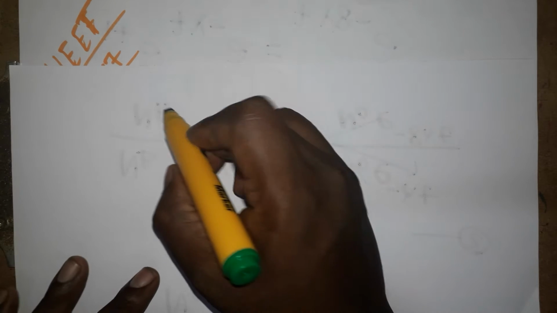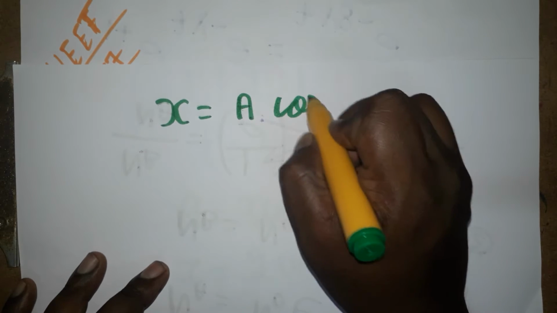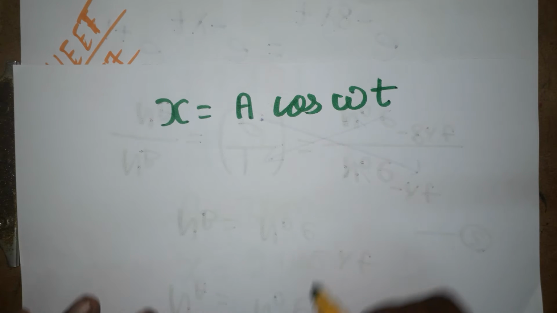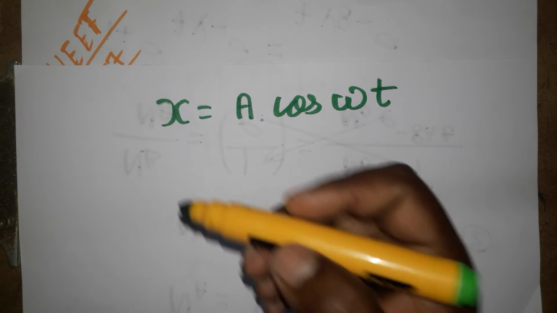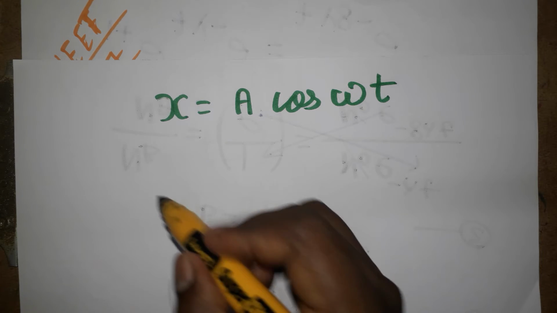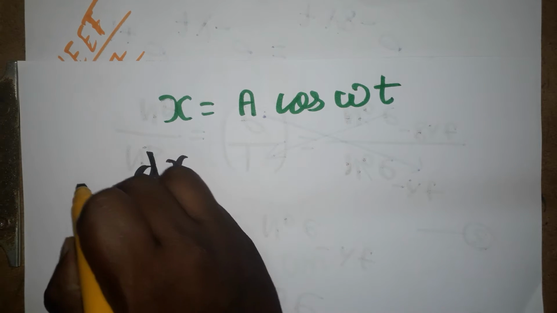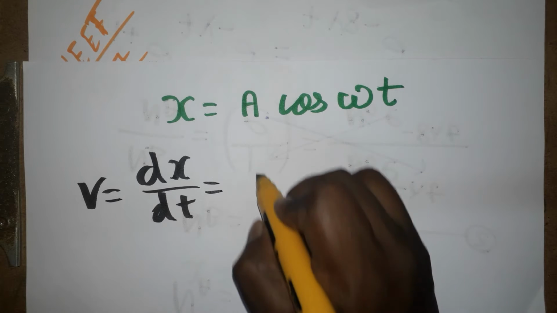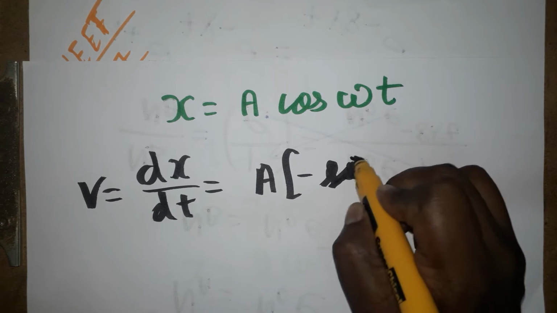See here, displacement on the x axis is equal to A cos omega t according to the NCERT textbook. The starting graph we have to take as a sin theta. It is called displacement. When you want velocity, you should differentiate the above equation. Differentiating displacement with respect to time, dx by dt, I can get the velocity. A is a constant. Cos omega t is going to be minus sin omega t.